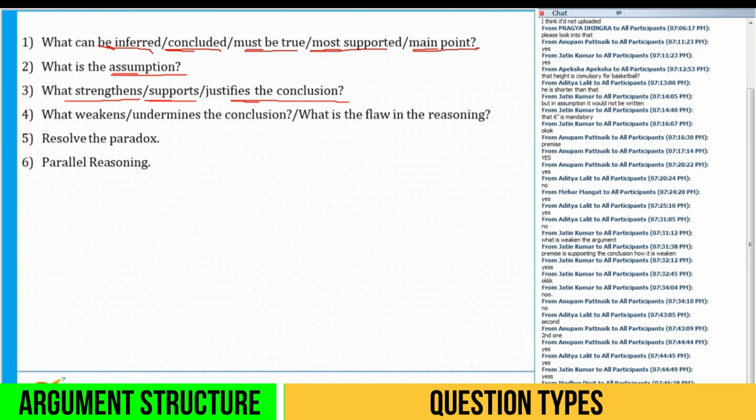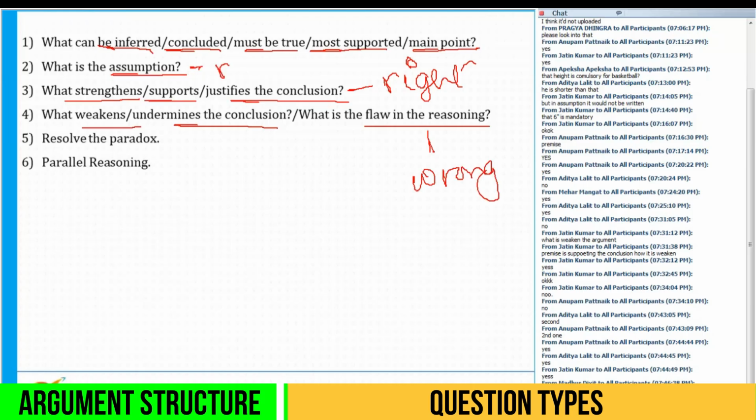Sometimes they will ask you to weaken or undermine the conclusion. Sometimes they will ask you to find the flaw in the reasoning. In such situations, you will have to find out that option which is most strongly proving the conclusion wrong. So over here, you have to prove the conclusion right. Over here, you have to prove the conclusion wrong. Over here, you have to prove the conclusion right in assumptions. And that is why conclusion is very important. Because if you don't know what is conclusion or what are you going to prove right or wrong,